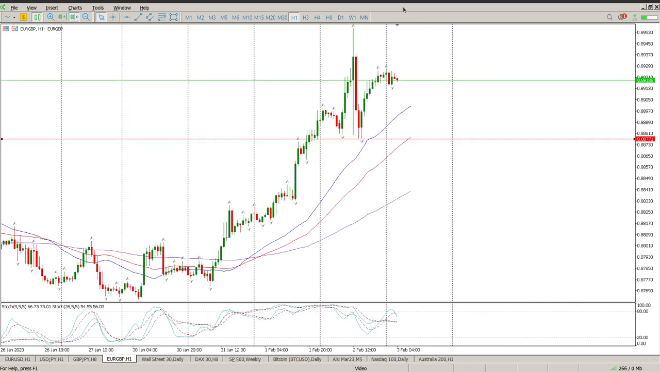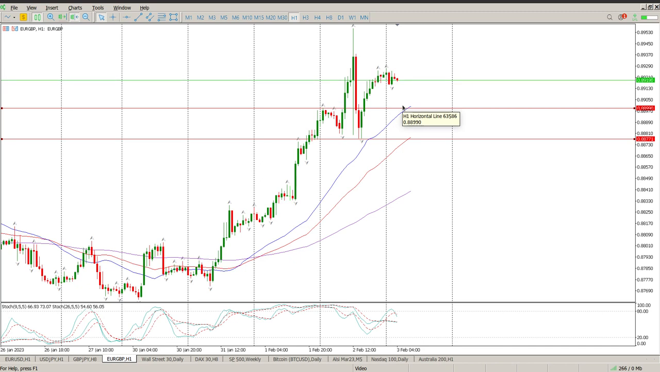If we look at this on the hour, pretty much the same as the Euro USD. Big up, big down, big up. So massive confusion. We are in an uptrend. So technically, I should be looking to see what happens here. If we get back onto